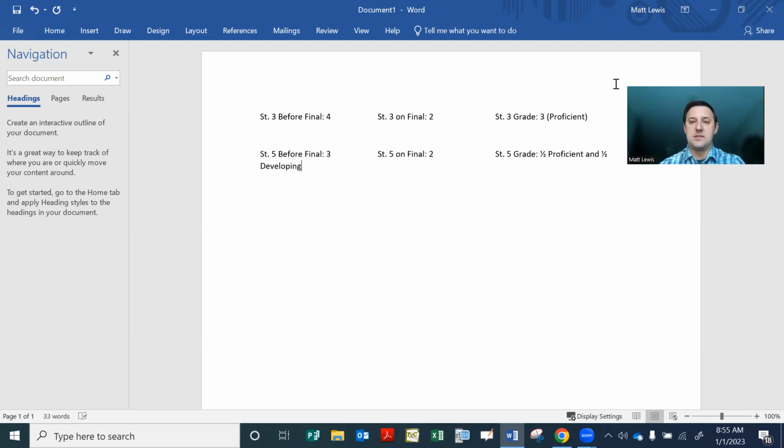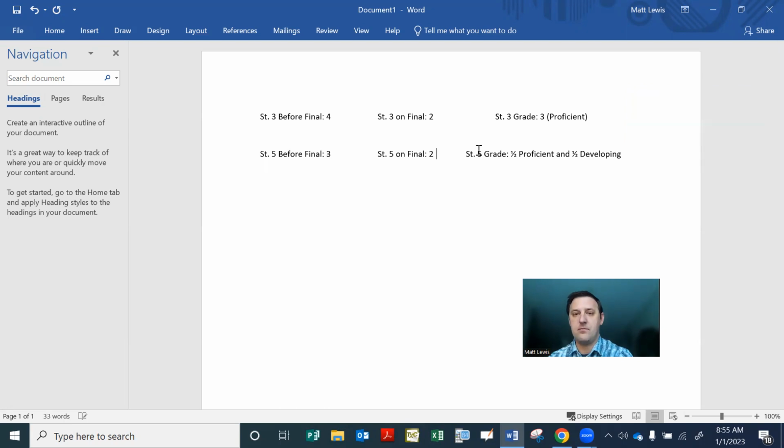And the reason that it's half is because if you average 3 and 2, you get 2.5, right? Well, 2.5 is kind of meaningless in this kind of grading system. So it makes sense that you would get credit for half of a 3 and half of a 2